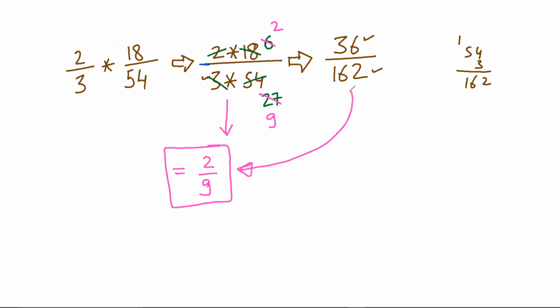But the problem is finding common factors of 36 and 162. Is it a difficult job? So Sarthak, is there a confusion? No, sir. So for example, let us try to cancel this. What is the common factor that you see? 2. Is there any common factor? 9. See, again the answer is 2 by 9.